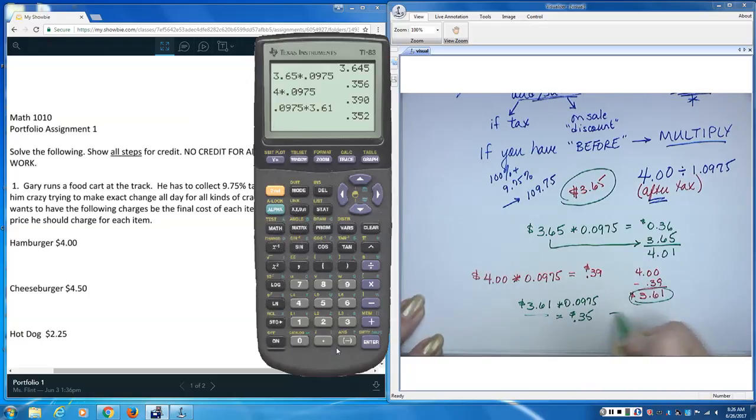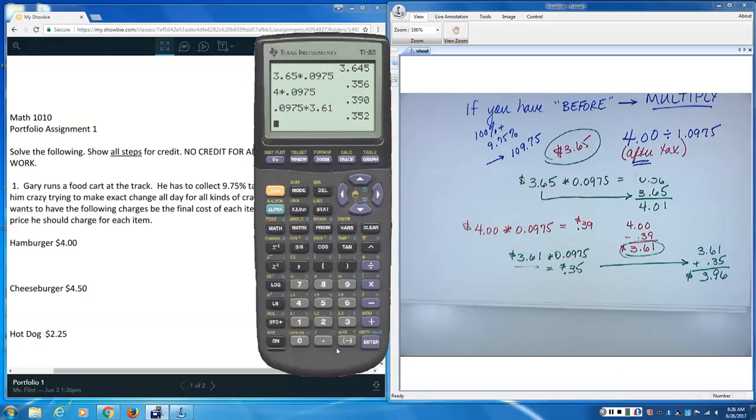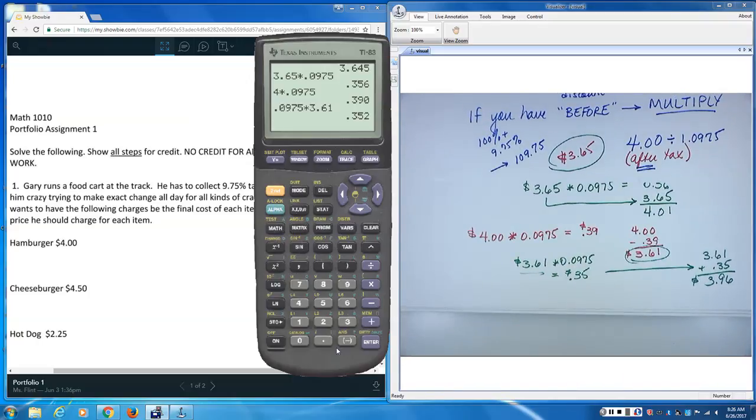Now, here's where the problem comes in. That would make the final cost of the hamburger $3.96, not $4. Okay? So if he followed that logic,